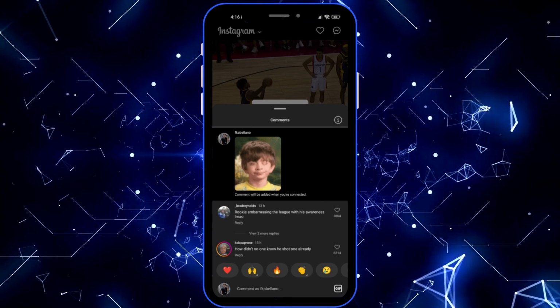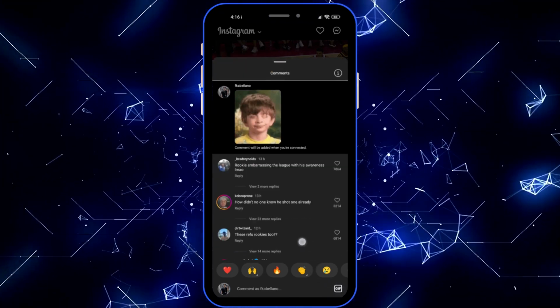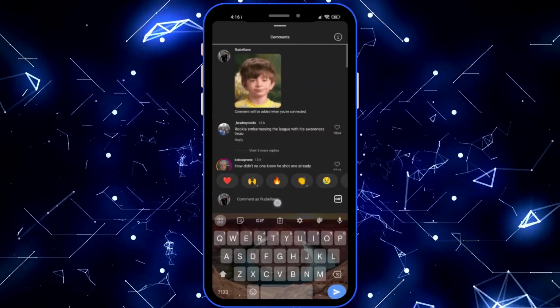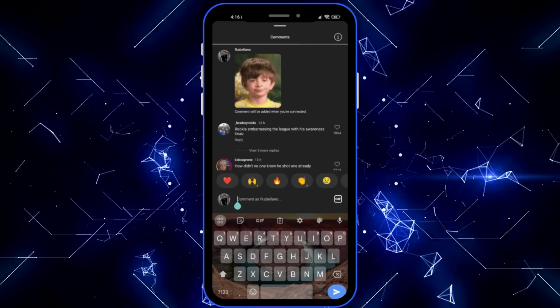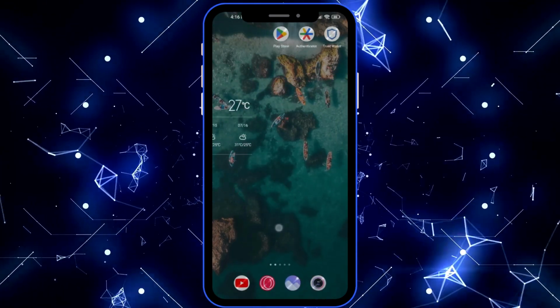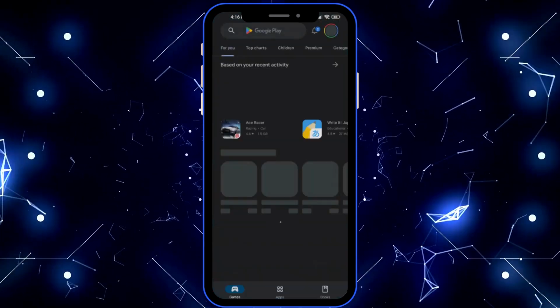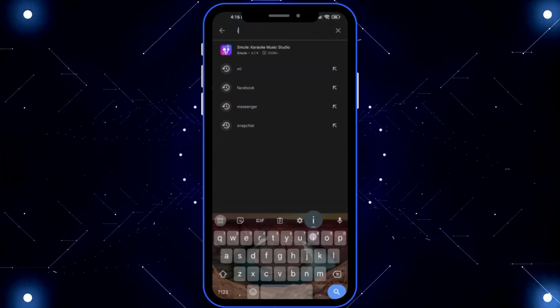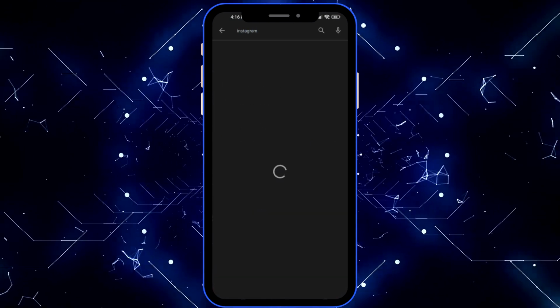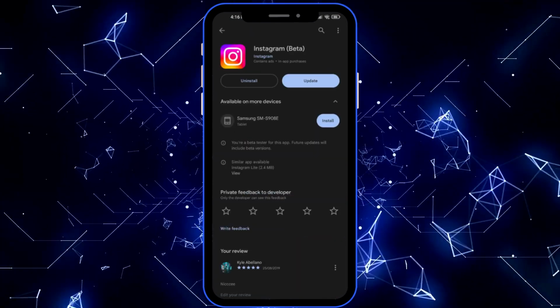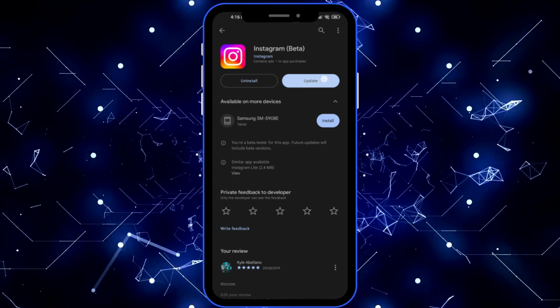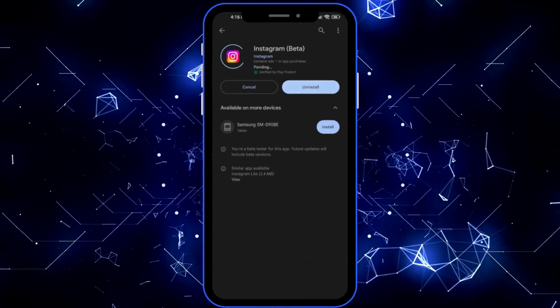But if you're not seeing the GIF icon right here beside your comment, then what I recommend you to do is go into your Play Store, or if you're on iOS, then you can go into your App Store and search for Instagram. You want to make sure that your Instagram is updated. If you have the update button just like mine, then you want to tap on update